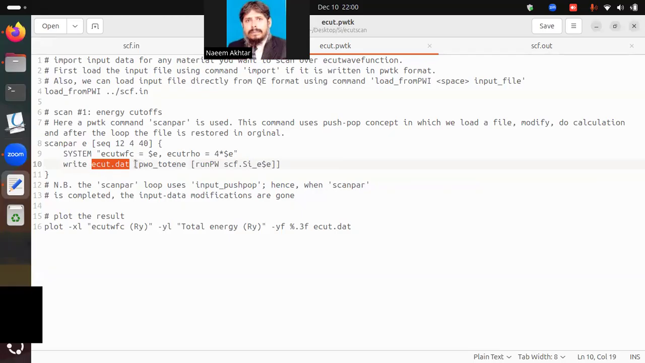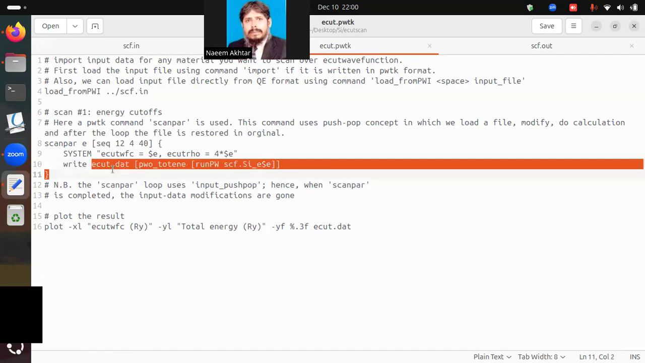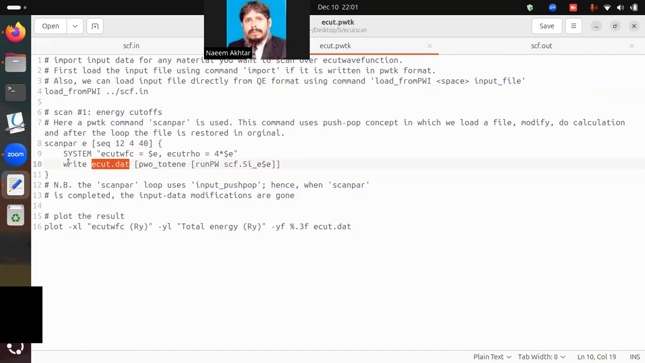And what is written in this file? First of all, this command will run the SCF calculation. This SCF calculation will automatically produce output files. And from each output file, this command will extract the total energy. And this extracted total energy will be written in this file. And after doing it for 12, 16, 20, 24, 28, 32, and up to 40,